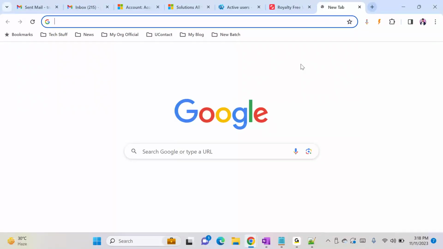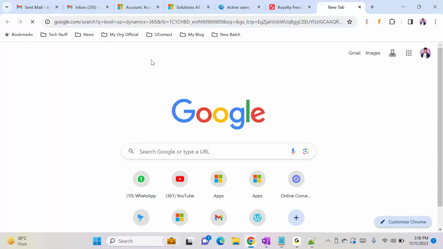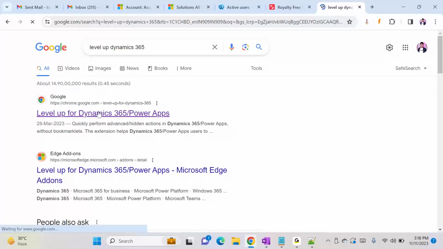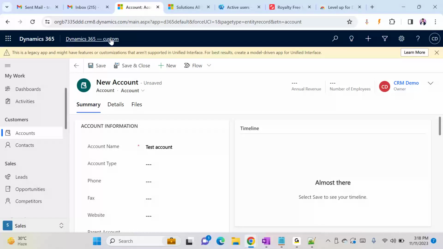So everyone, you download this Level Up for Dynamics 365. It will add to your Chrome extension. I have already installed it. For me, it's showing removed from Chrome, but when you access this link, you will see the button called add to Chrome. What is the advantage is now if you want to check the schema name of this account name field, you just click on this Level Up,